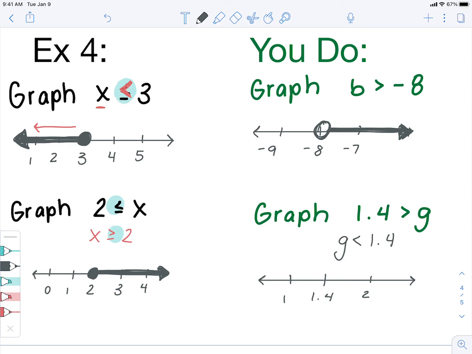All right, and open or closed circle? Open. Which way do I shade? Left. Yay. Wait, so that says 1 and then it's 1.4 automatically? Yeah, I just